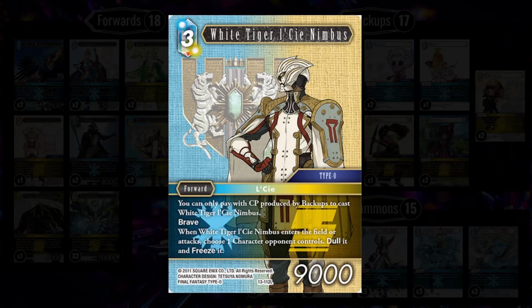He's just a standard, really good card, and something that this deck lacks a little bit is big, powerful forwards. So having something big like that is just problematic for your opponent. Dulling and freezing everything on attack, they need to address this. But when you've got Rydia, Charlotte, White Tiger, Sea Nimbus on the field, they have 3 really problematic